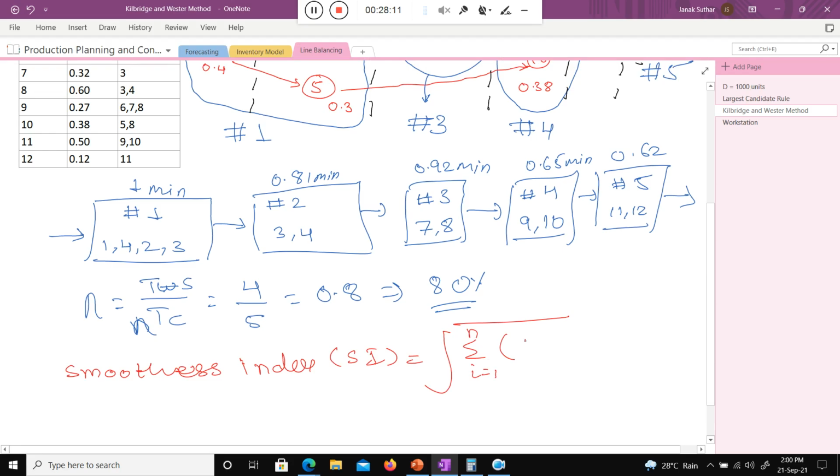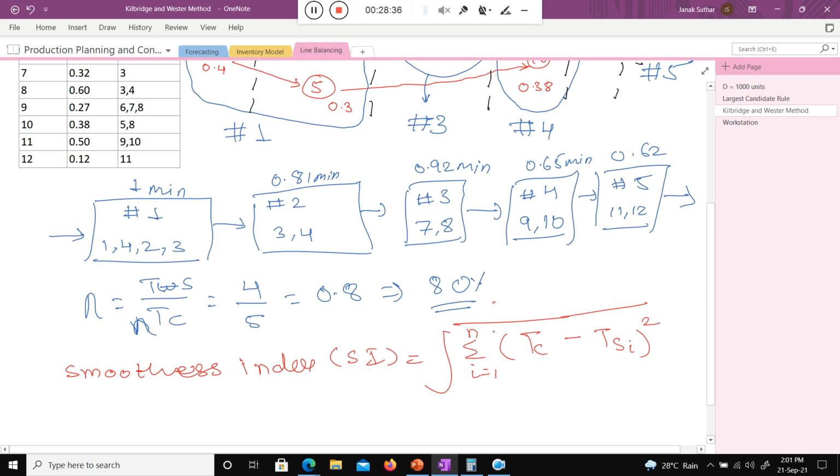Then take the maximum station time, that is the cycle time, TC, minus the station time TSi, squared, and sum them, as we calculated early in the morning.